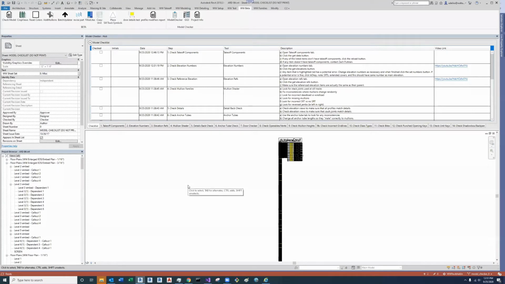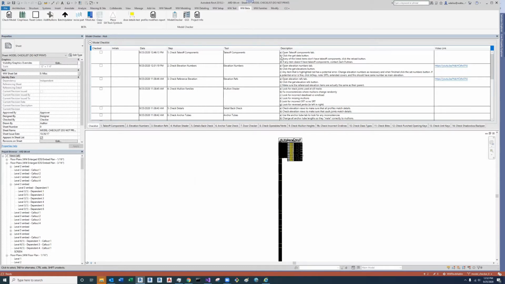Okay, so now I'm going to show you the check takeoff component step. In the check takeoff component step, you're essentially checking generic models in the project for a parameter called takeoff components. Now, the takeoff team uses the value of these parameters to determine heights, widths, offsets that they need to do a takeoff for those generic models. So to complete the step, you're going to go to the checklist, read what you're supposed to do